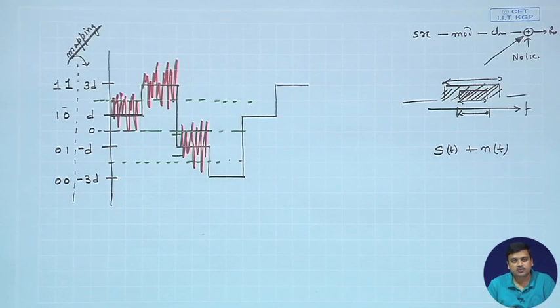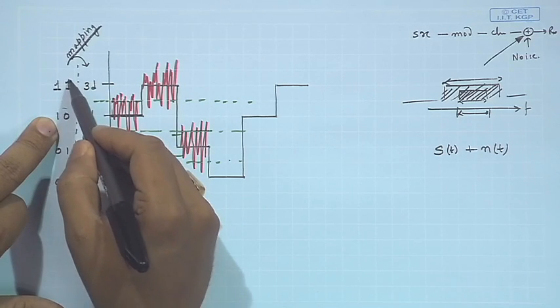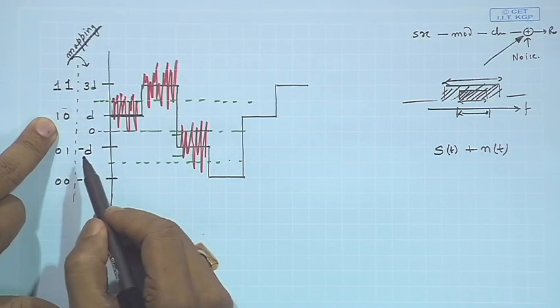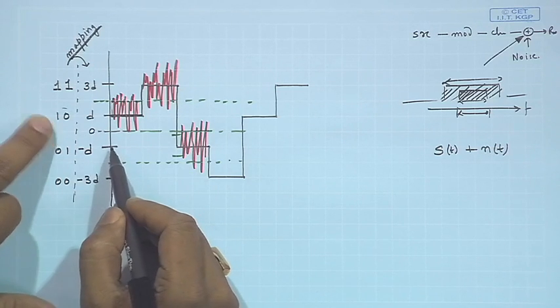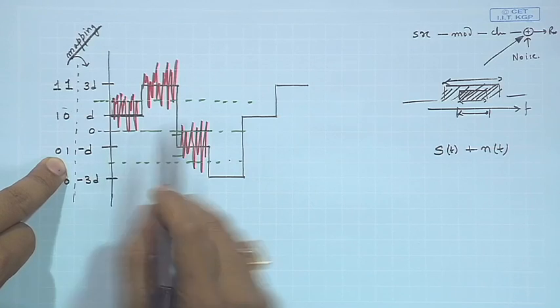So, this is one philosophy which is used in mapping these bits to the amplitude levels, so that we can get fewer bits going into errors. For example, if we take these particular examples. What we have over here is a D getting detected as 3D, you have 1 bit in error. A D getting detected as minus D, now look at this,